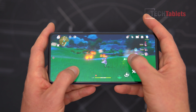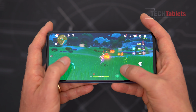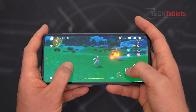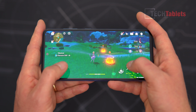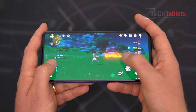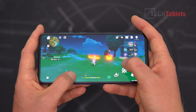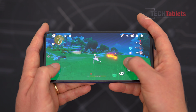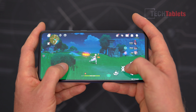Gaming performance of the Snapdragon 750 is not too bad. So this is Genshin Impact, a very demanding game, and I have it set to the lower settings, and you do occasionally see a few little stutters, frame dips, the occasional little pause where the whole thing does a quick little freeze for a second, like just then. But overall, it is playable. That's the main thing. All of the demanding titles out there on the Android store will be playable with this